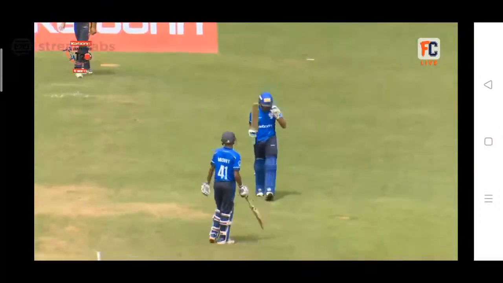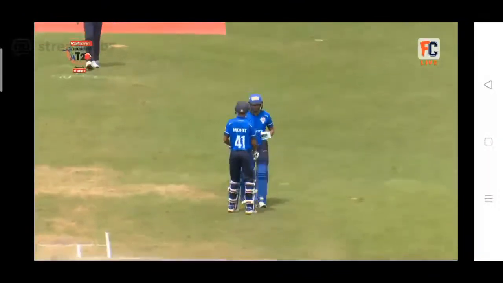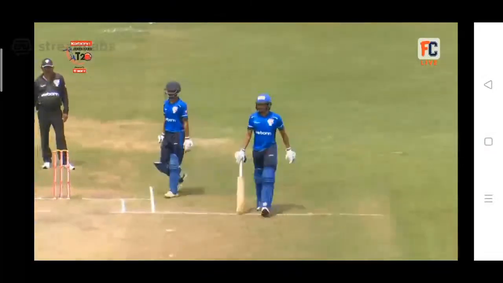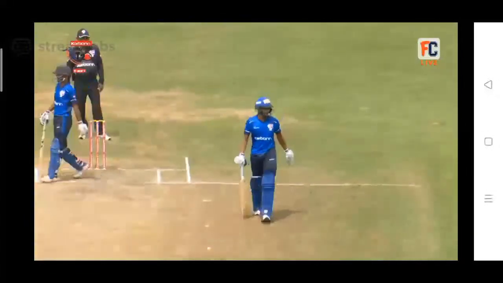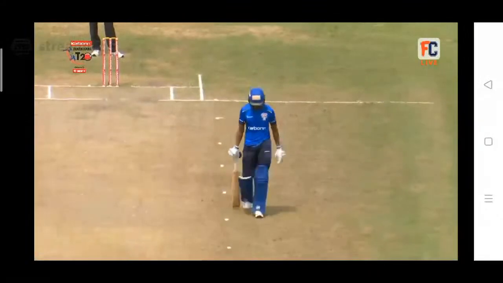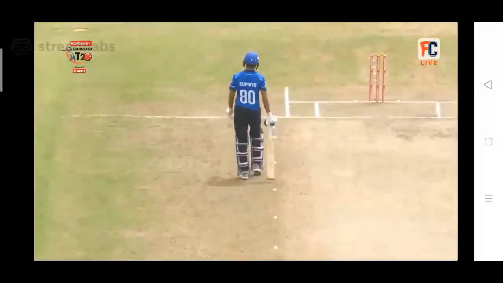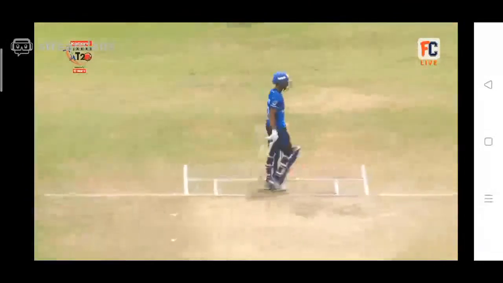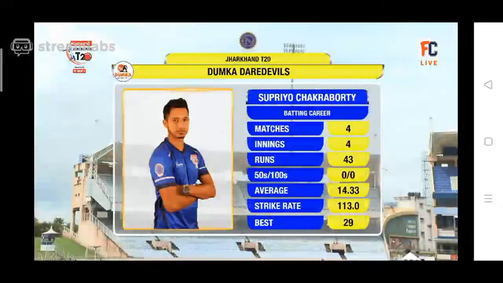The experienced bowler from the Ranchi side, Prem Kumar Singh, has done a very good job there. And now Dumka seem fairly under pressure. They are into their 3rd over now, and not many runs have come so far. More importantly, the power play is over now. Scoring boundaries, especially 4s, will be even more difficult.